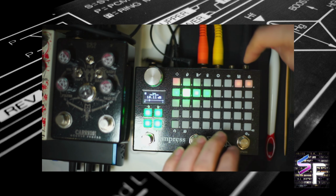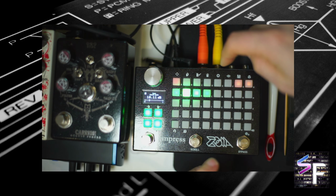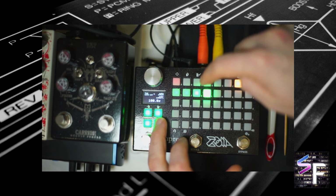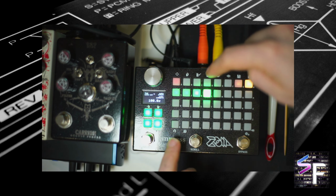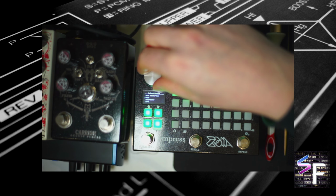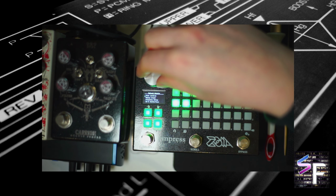Again, it's fairly easy to set up, and if you want to change things, you absolutely can. So let's actually keep the fuzz and let's put in another effect after it. So let's delete these cables again. Let's see what else we can cram into this little space here. Can we actually...